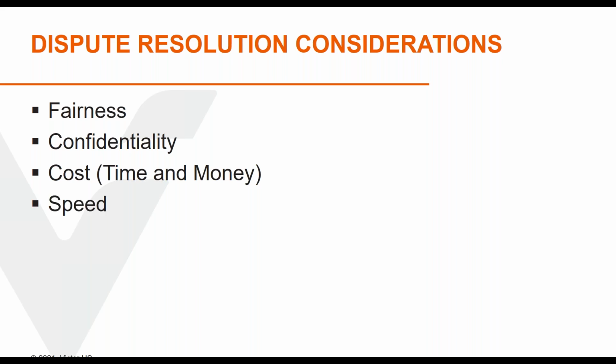Speed is often one of the factors that are stated because courts in most states are overcrowded and trials are often delayed. Any other method of dispute resolution would probably be faster than that. A trial is probably the most rigid in terms of flexibility. Arbitration is less rigid. And obviously the non-binding dispute resolution mechanisms, negotiation and mediation, are the most flexible. So that's something also to keep in mind. And then finally,